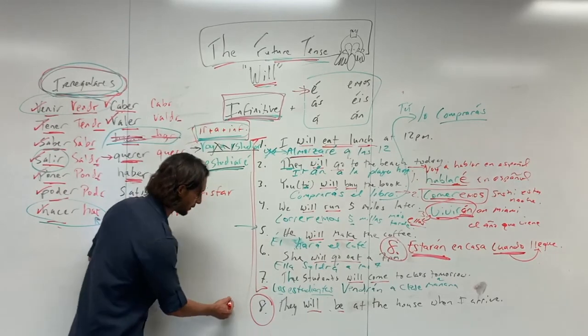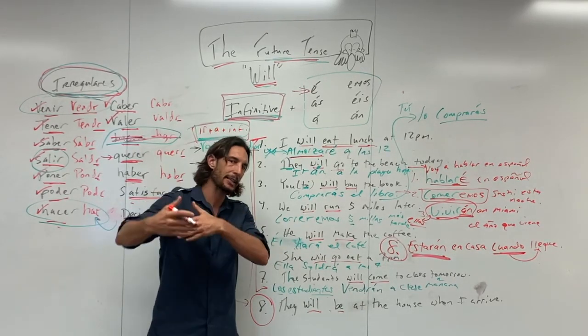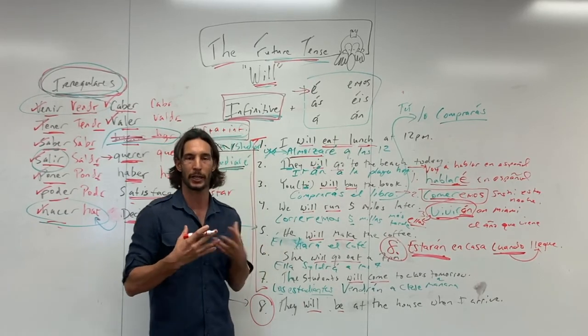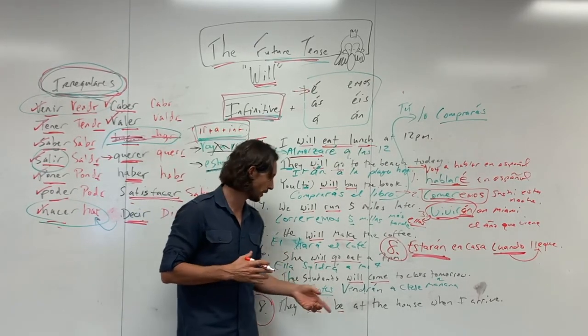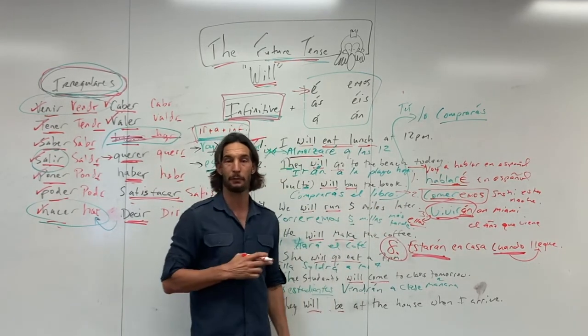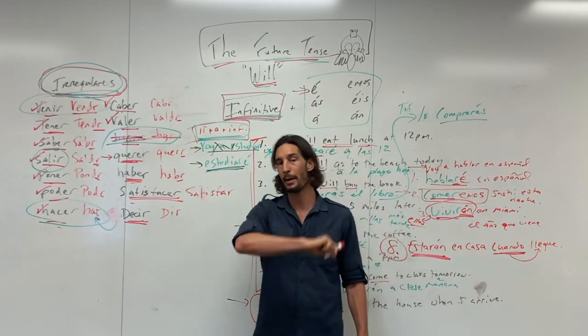And then again, just to close with number 8. Number 8 was really taking it next level and combining two different conjugations that we've been working on recently. So you have the future with the subjunctive. So anyways, I hope that was helpful. And again, this is the future tense, and best of luck using it.